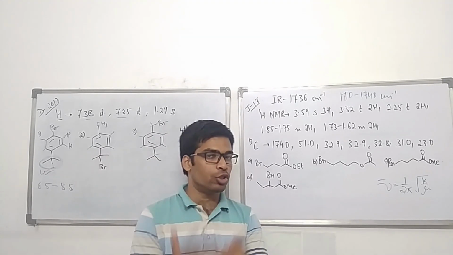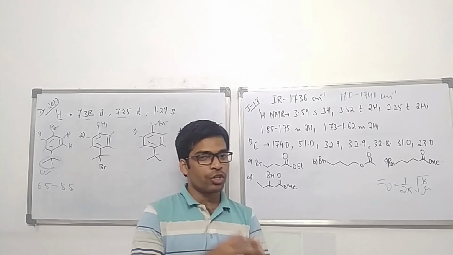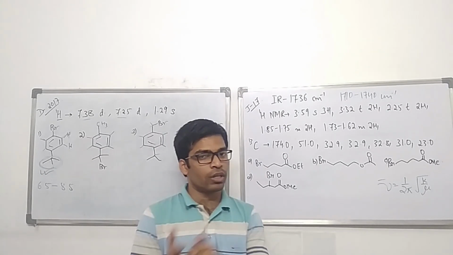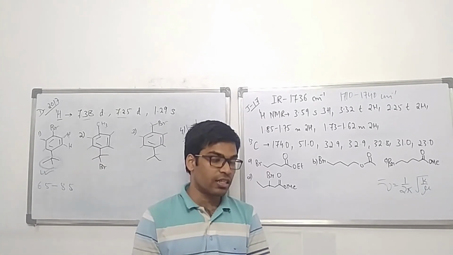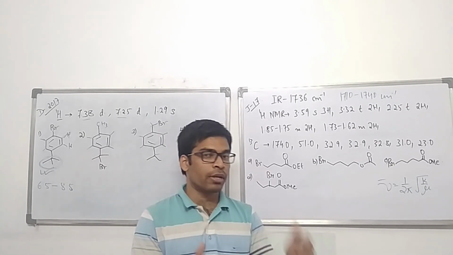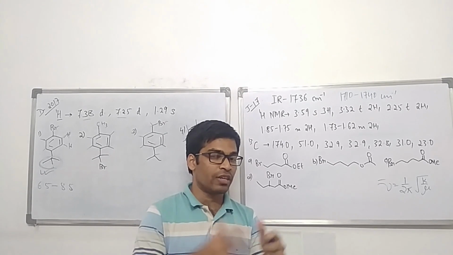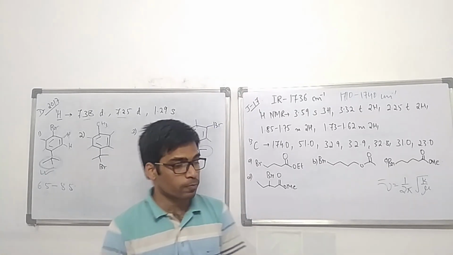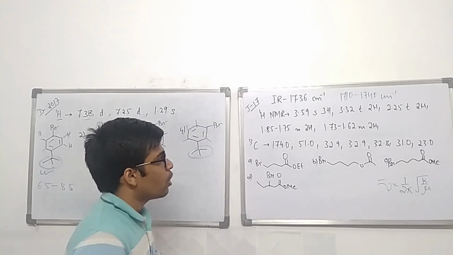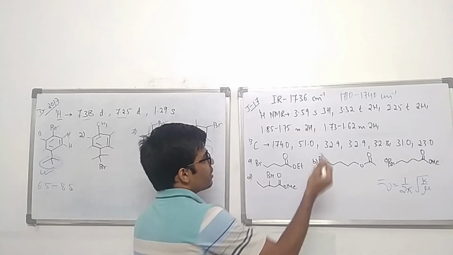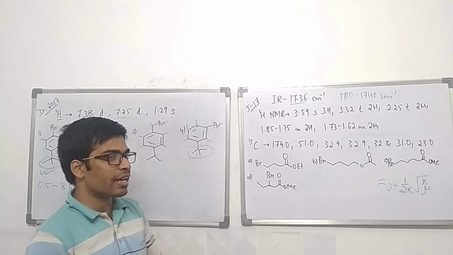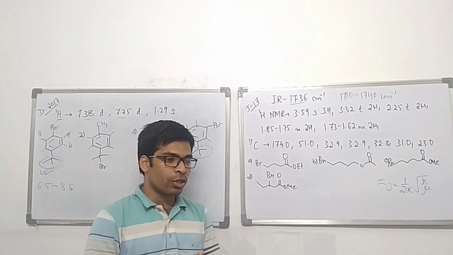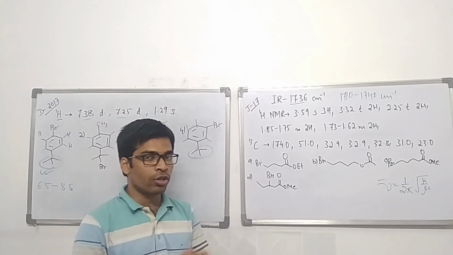Say for example, there is a conjugation going on. So because of conjugation, there is a partial single bond character to the carbonyl. As a result, the stretching frequency will decrease. Or in the other case, if the electron density between the carbon and the oxygen atom increases, the stretching frequency will increase because the bond is now stronger. Okay. So now in this case, the value is close to 1740. So it indicates that there is some kind of conjugation which increases the electron density on the carbon atom.